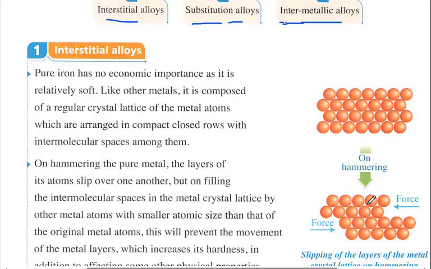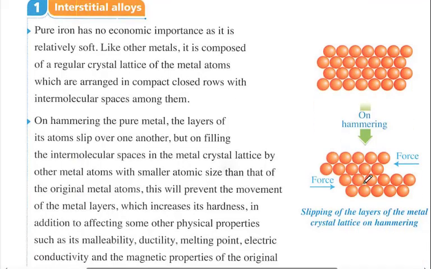So when we put some atoms inside these intermolecular spaces, okay, we know that iron, if you remember, is 1.17 angstrom in size. So if we put something like carbon, which is 0.66 angstrom, it is nearly half the size of